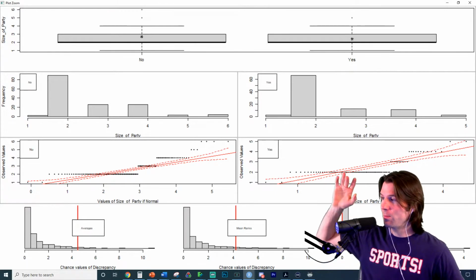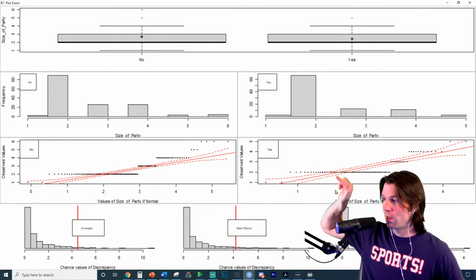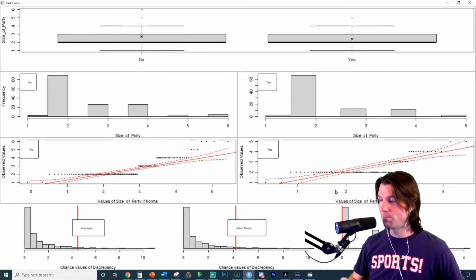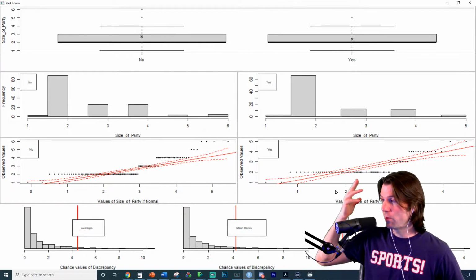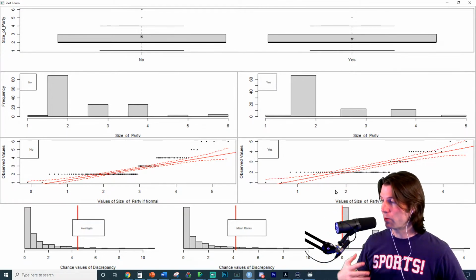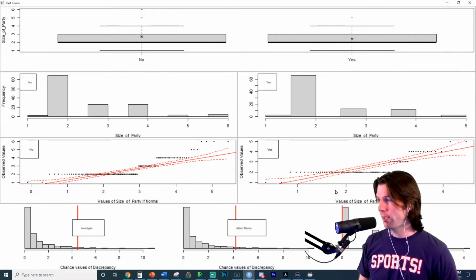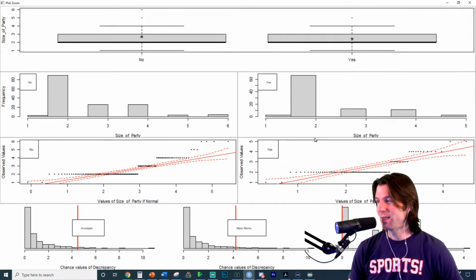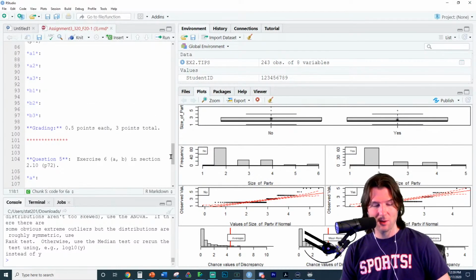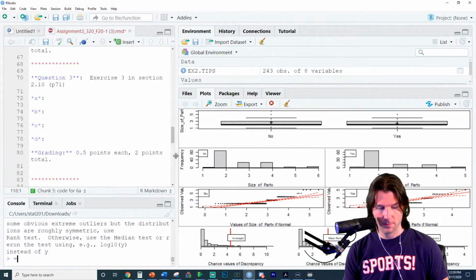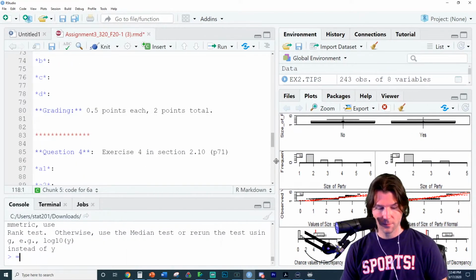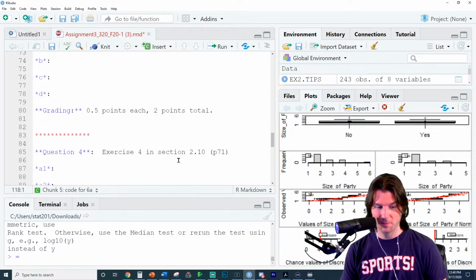And you can see those are kind of straight, but there's a lot of integer data right here. There's a lot of 2-party people. This is restaurant data, so there's a lot of parties with 2 people. And it kind of goes outside of the boundaries for how many observations we would expect to only have 2 parties. And so there's a little too much data in that area. So is it normal? Nothing's normal. So with this right here, let's take a look. The answer is it's not really normal, but nothing's normal.